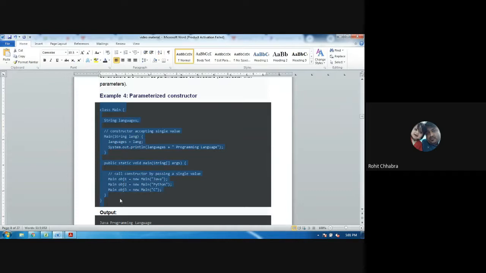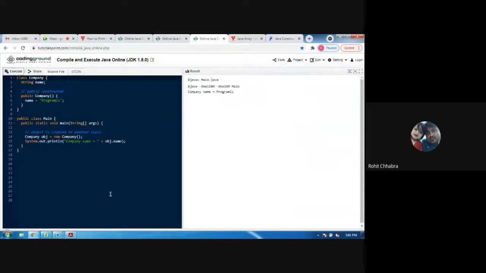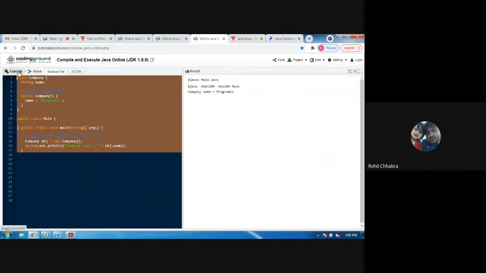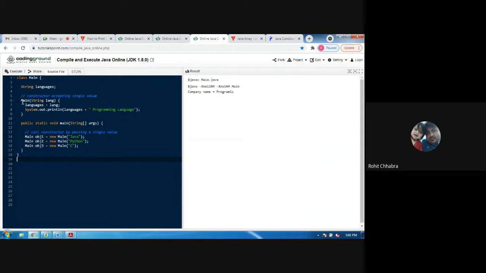Now what is the output of this program? The class name is Main. There is a variable named languages, and the type of variable is string. We have created a constructor.